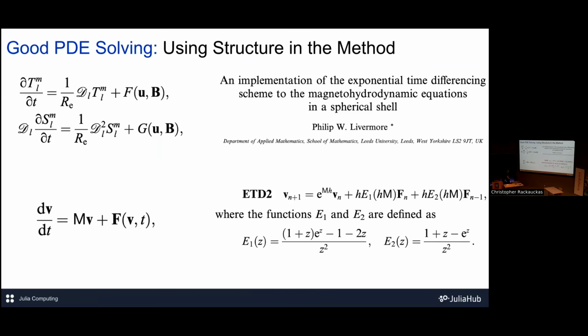Here I just pulled one out at random that uses ETD2, right? So here they say, okay, for these magnetohydrodynamic equations, we have this set of PDEs where you have these linear operators and you have these nonlinear operators. But in the end, what you could do is it says, oh well, the general form of this is Mv plus F, where F is nonlinear, and then you do something special here. And in fact, you actually need to know that M is a matrix because we're going to use the matrix exponential instead of our methods, right? We're going to use this matrix exponential, and then you actually go look at their code and you see, oh,